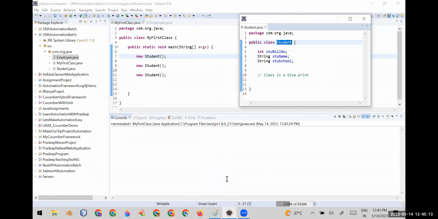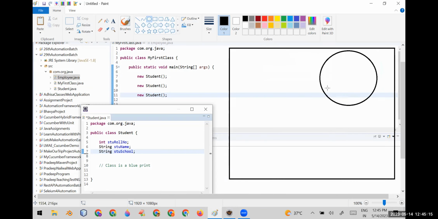There are 3. So now it first of all occupies a specific memory in the main memory, just like a circle, and defines 3 internal memory within it on the basis of the number of properties. How many properties do you have? 3. So within this oval shape, it will define 3 internal memory within the object. And first will be for